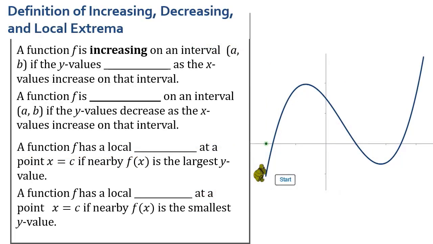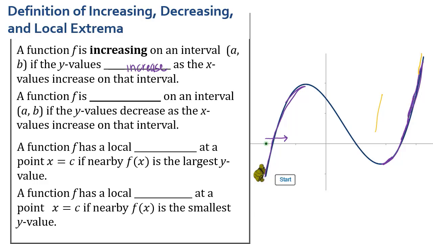Let's do a quick review of some concepts from college algebra. The definition of increasing, decreasing, and local extrema. A function is increasing on an interval ab if the y values increase as the x values increase on that interval. So we can see here as our x values are increasing, and remember increasing is always going from left to right for our x values, you can see our y values are increasing on this piece, and then again right here. So these would be the increasing